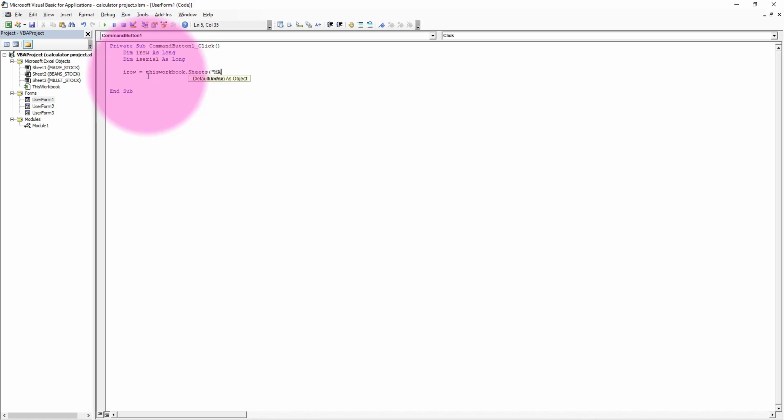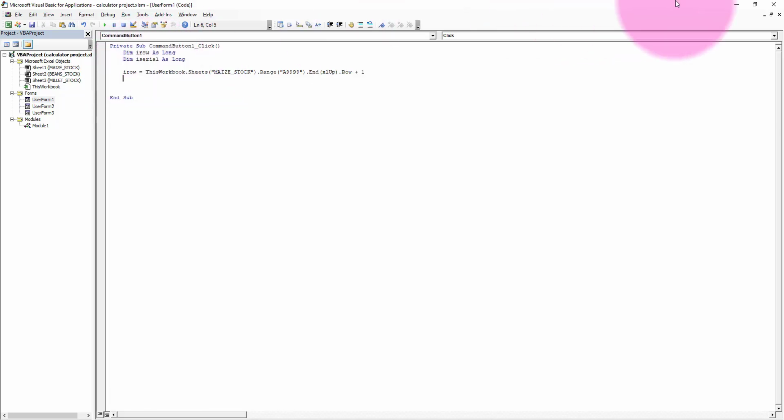The first sheet is maize stock.range. I'll go to a very large range like this, 9,000 dot end Excel up dot row